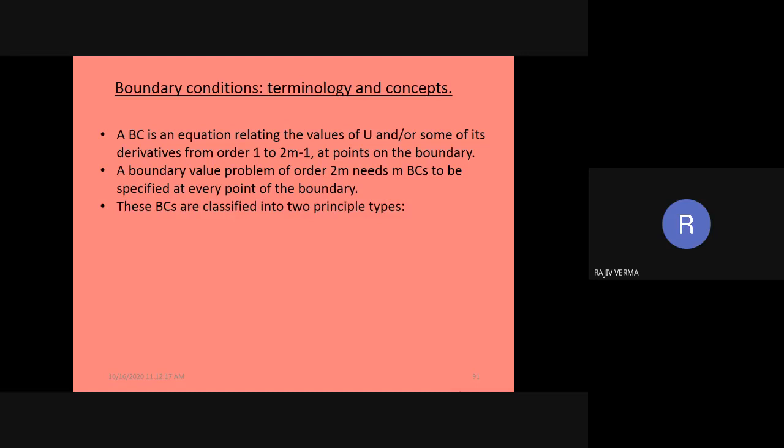Now these boundary conditions are classified into principal categories. जो बाउंड्री कंडीशंस हैं उनको दो तरीके से, वो दो तरीके की होती हैं. One of them is essential boundary condition and the other happens to be natural boundary condition. For those who have been attentive in this lecture, I can straight away tell those students, एक boundary condition जिसके लिए constraint equation develop होता है, that is known as the essential boundary condition.